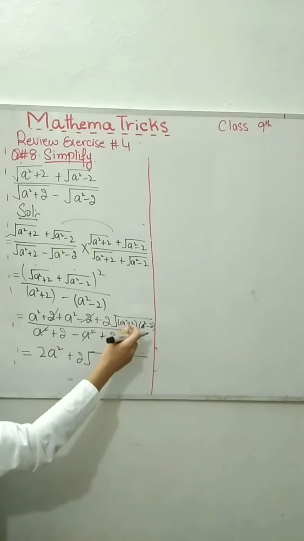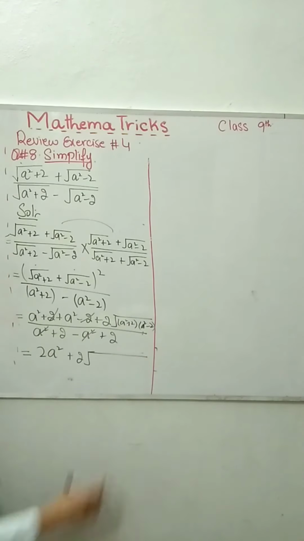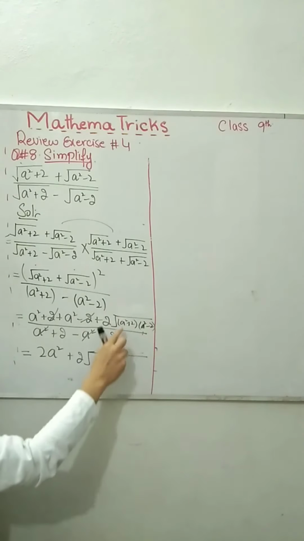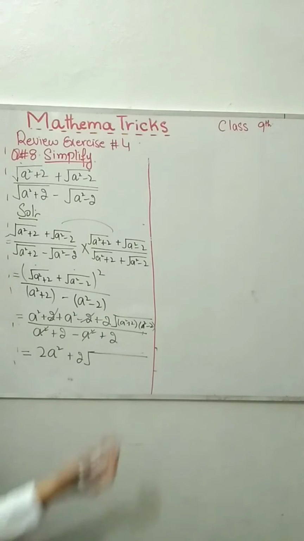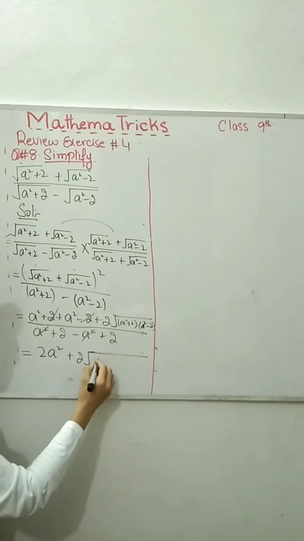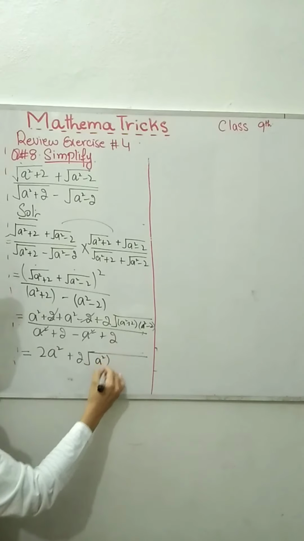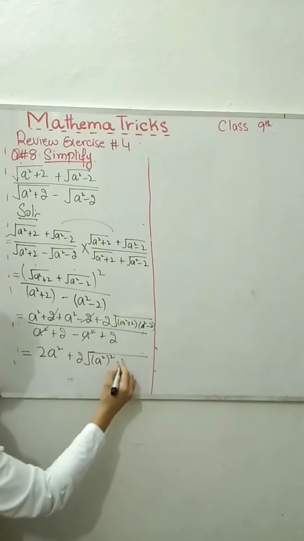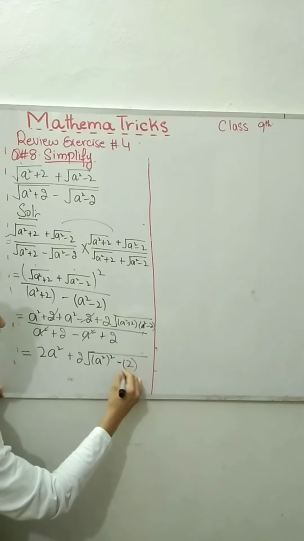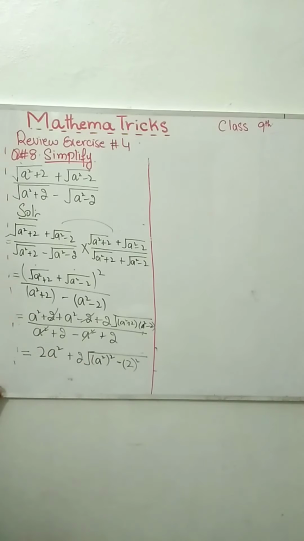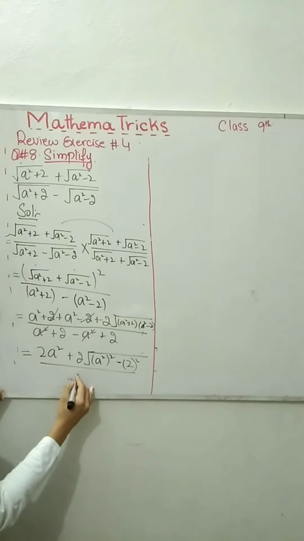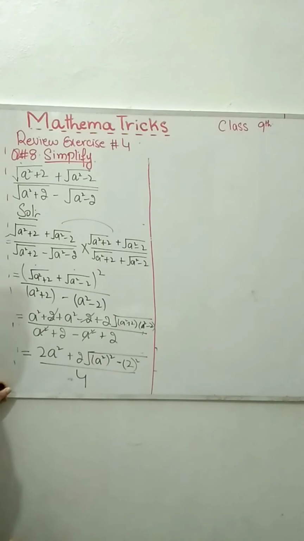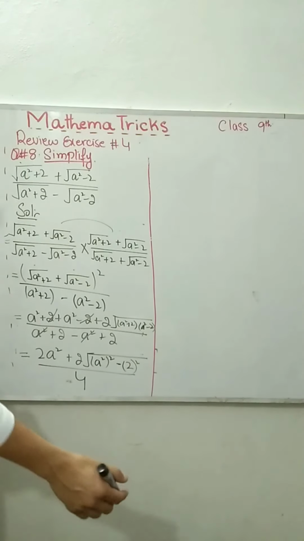Into, let's look at the multiplied square root value. I got a square plus 2 into a square minus 2, a plus b into a minus b, a square minus b square. So I got a to the 4 minus 2 square. Is it? Divide by what? Divide by 4. Let's check this out.